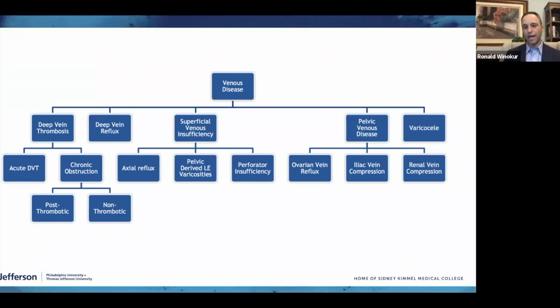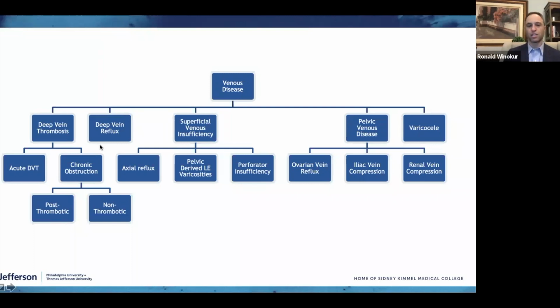When I map out and think about venous disease in my head, here are my broad topics of choice and how they all map out. This is more of the segmental view of venous disease. It doesn't address the interrelated components I was just talking about, but it lets you get a sense of everything that we're dealing with. You're dealing with deep venous disease, which could be acute or chronic obstruction, and that chronic obstruction can be post-thrombotic or non-thrombotic. Then you have deep vein reflux, which we don't deal with a whole lot yet in the